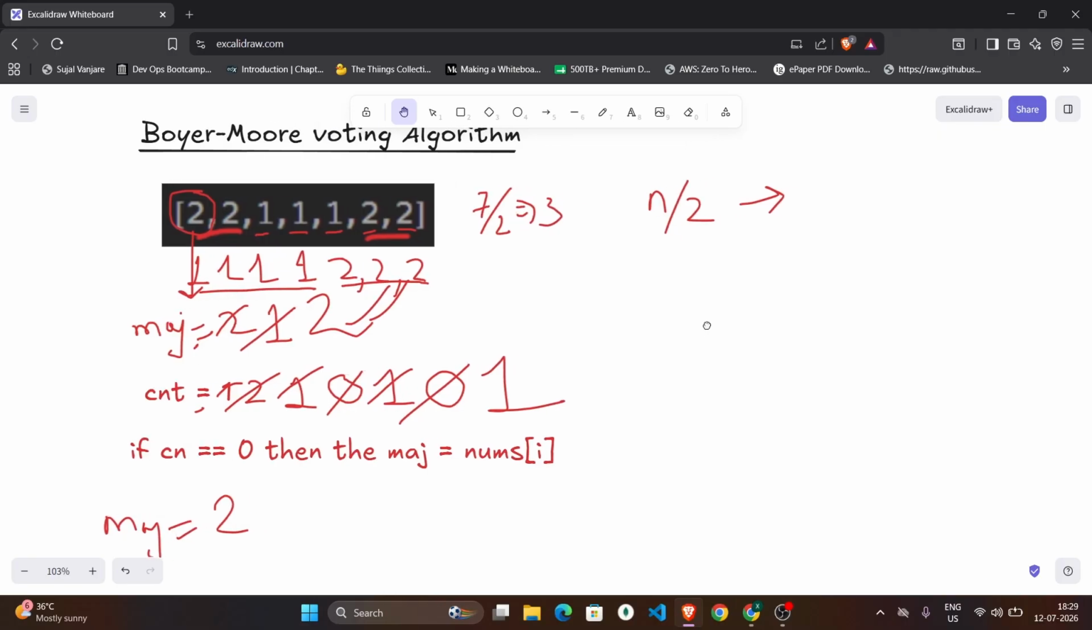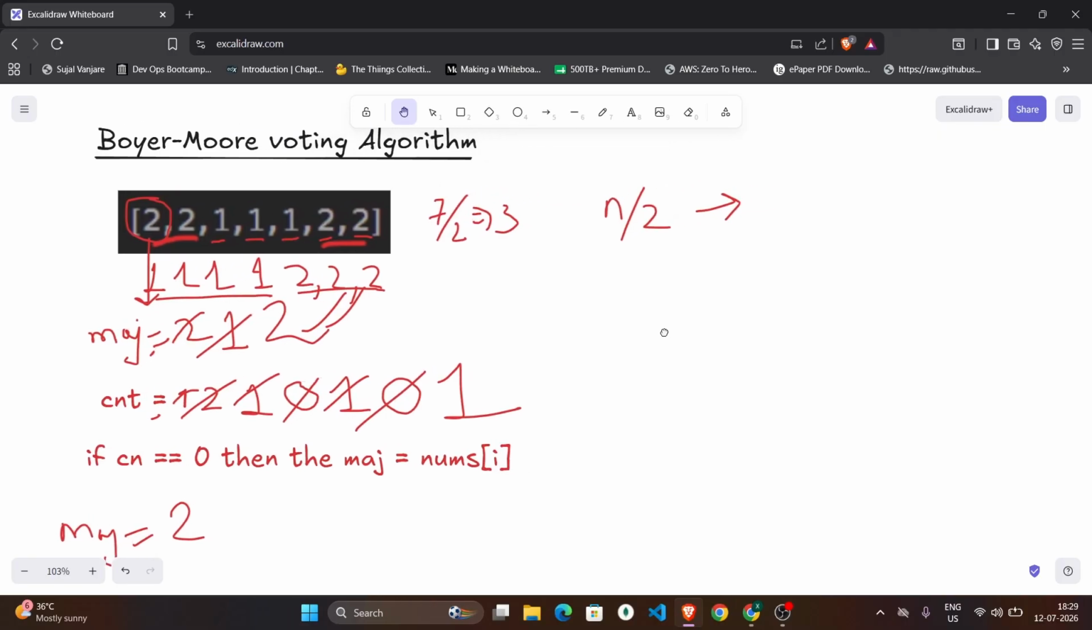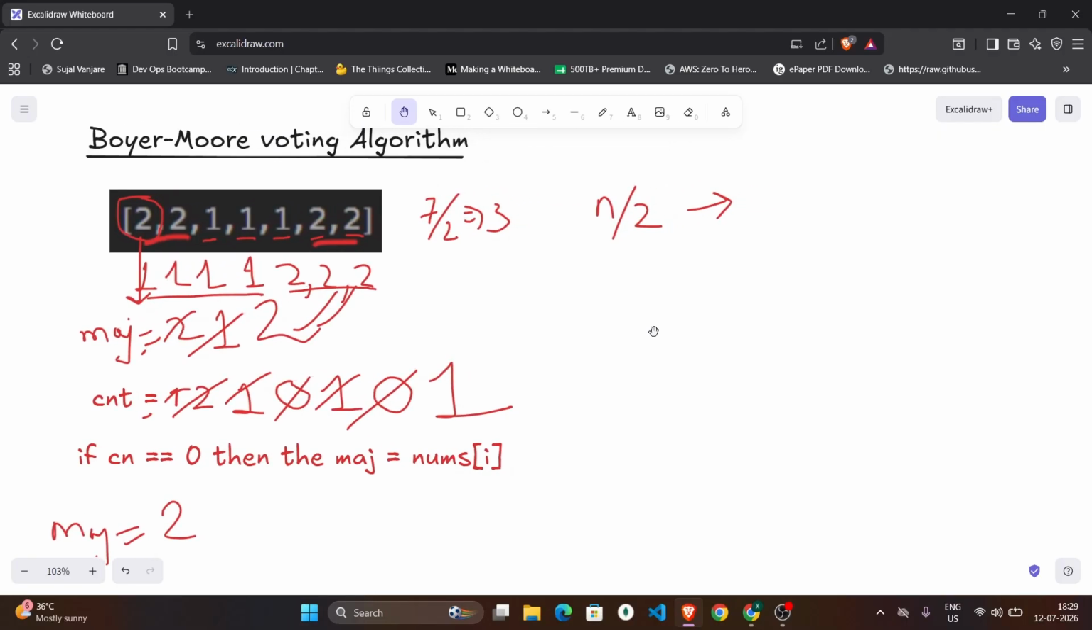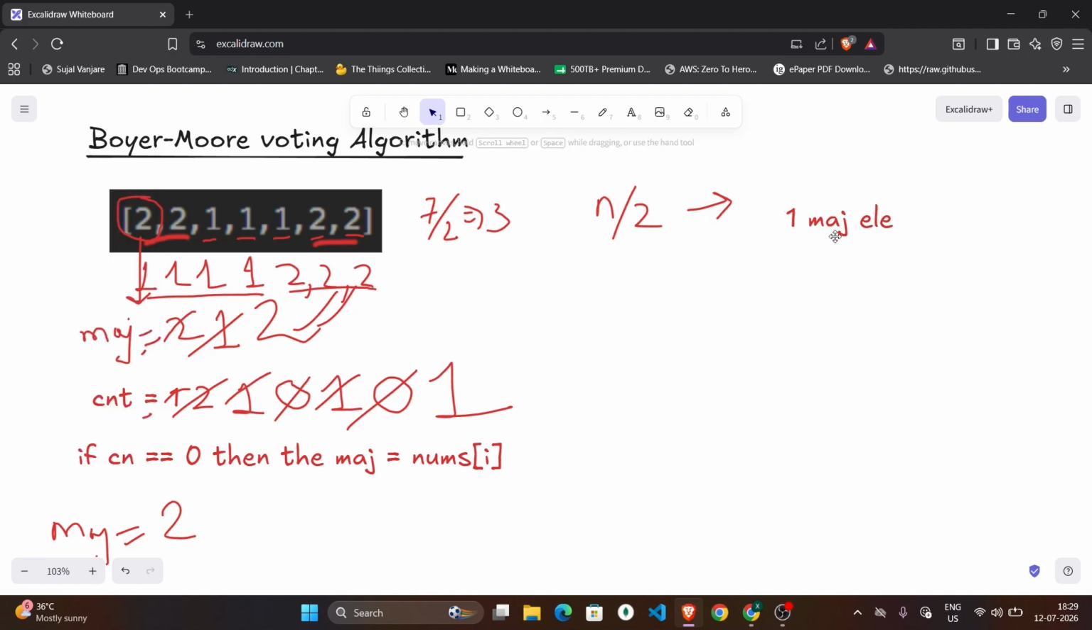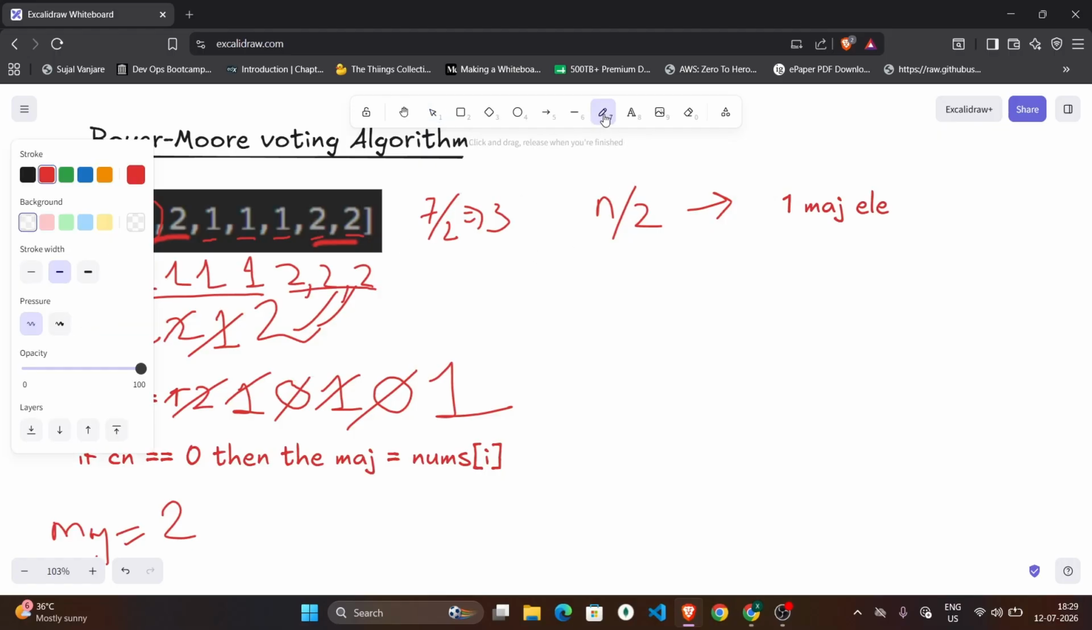So the point is, when the question asks you to find the majority element that appears more than n by 2 times, there will be only one majority element. You cannot fit more than one majority element. Any array, any size array, you can try this. And if the question asks n by 3 times,